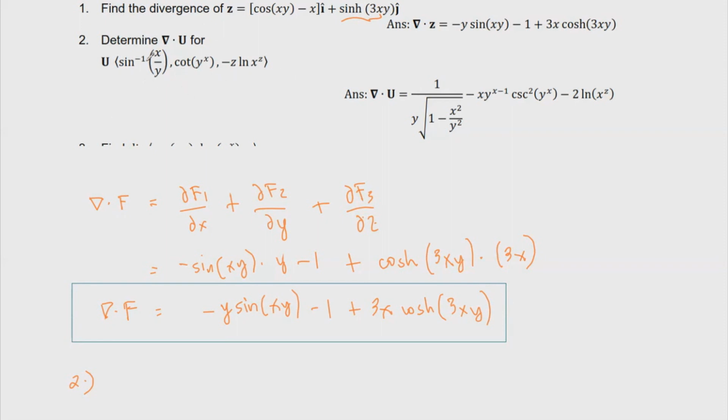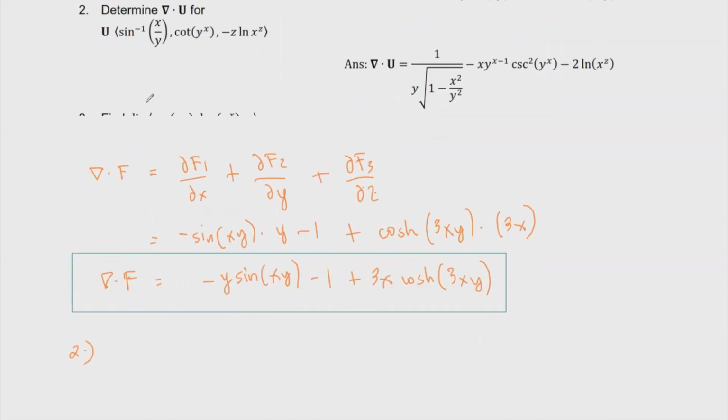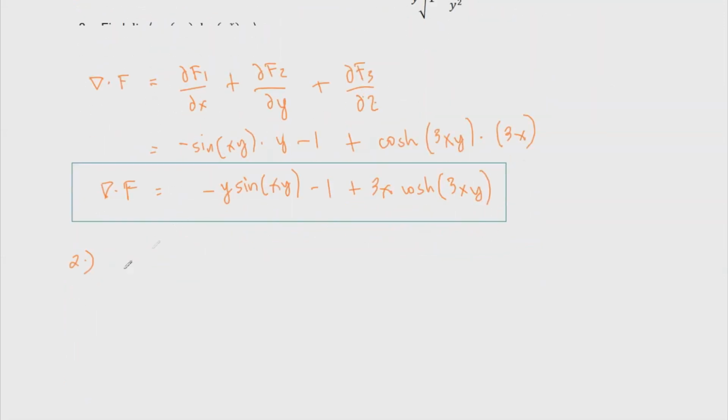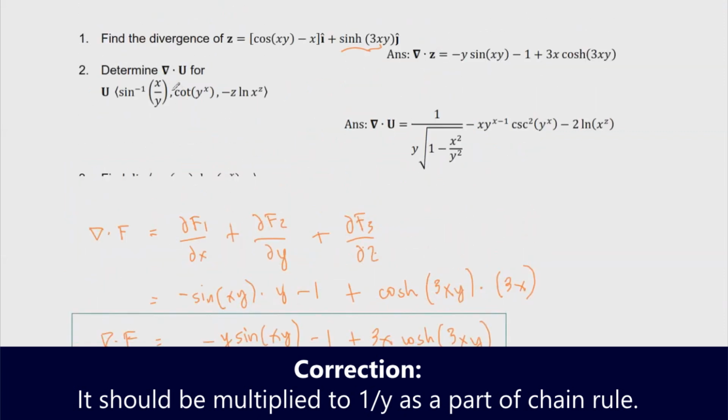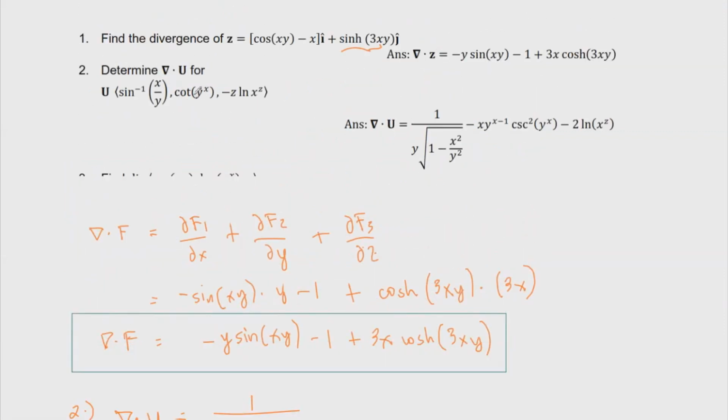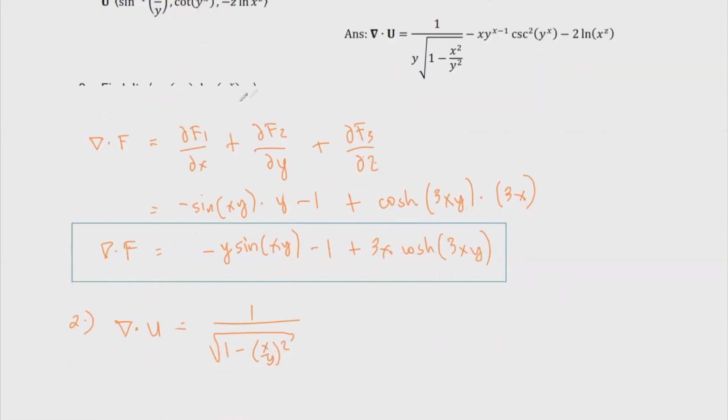So for this one, we need to take the partial derivative of the first component with respect to x, so that is the inverse sine of x over y. So the divergence of u is equal to 1 over the square root of 1 minus x over y, squared. Okay, so this is for the first term, and then for the second term, we need to differentiate this with respect to y. So plus